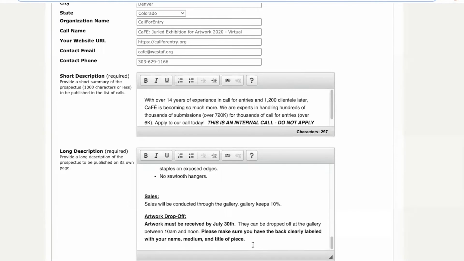And secondly, we suggest that you be as transparent as possible about any in-person safety precautions you're taking during COVID. Providing this information in your call details will help avoid artists running into unexpected hurdles and then becoming upset at you. It's just not something we want to happen. If an artist is uncomfortable with something, at least they know that ahead of time before they apply.